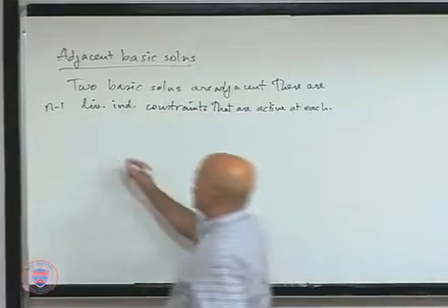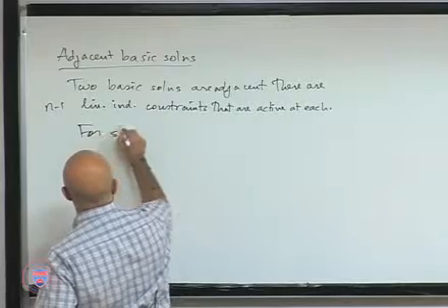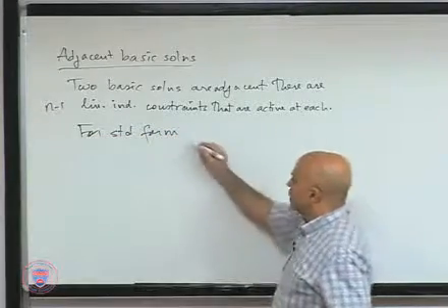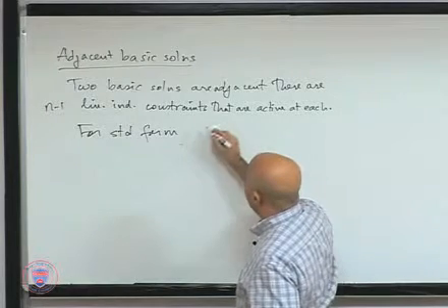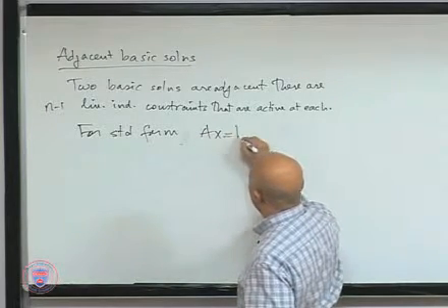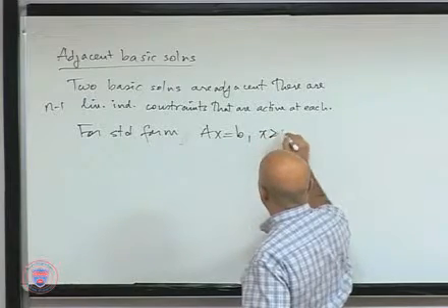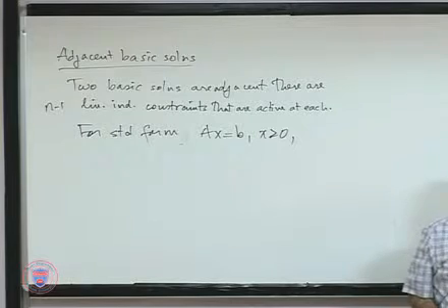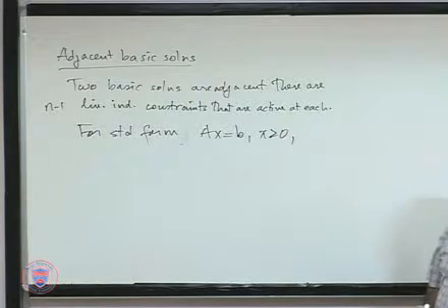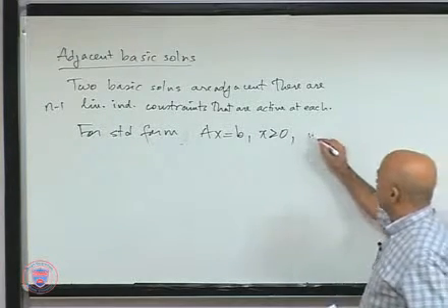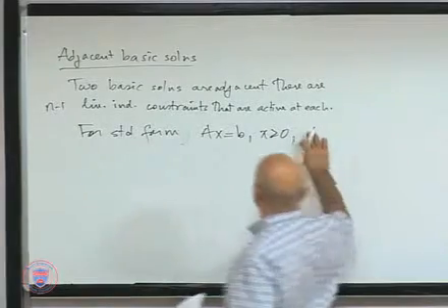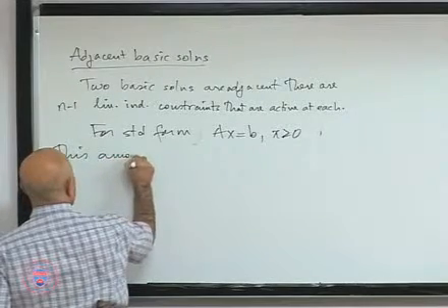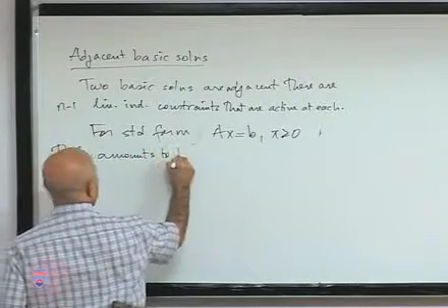For a standard form, where you've got the constraints in Ax = b and x greater than or equal to 0 form, we have, of course, adjacency if this amounts to having